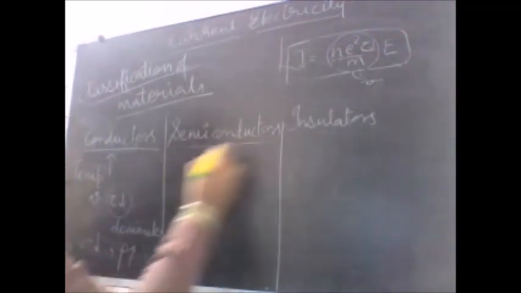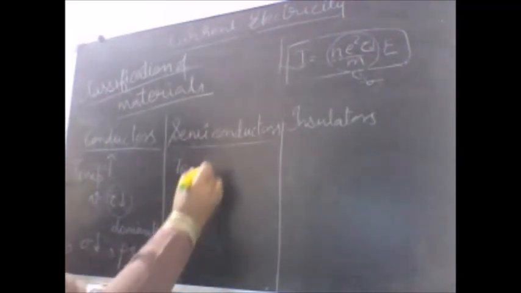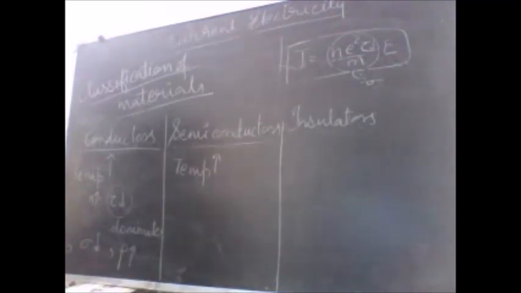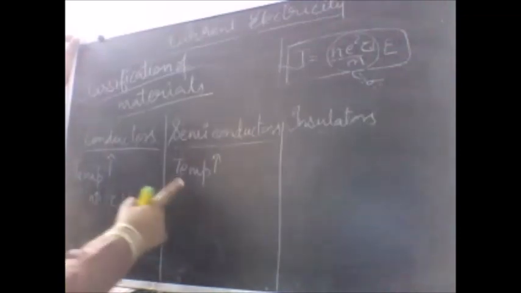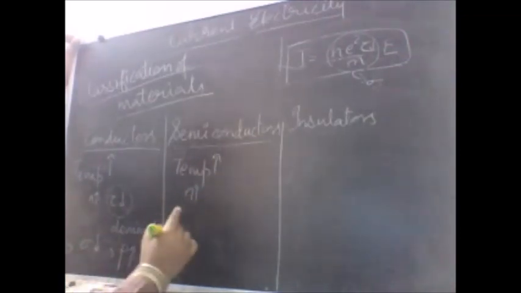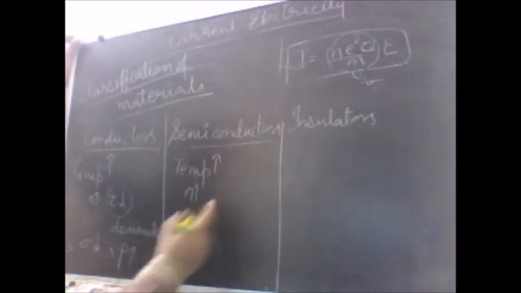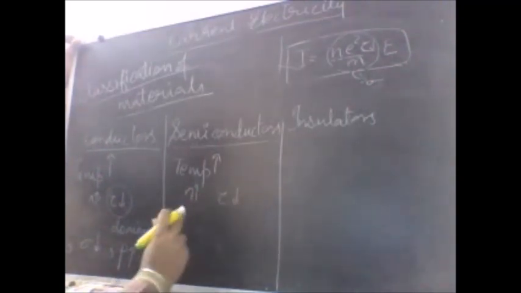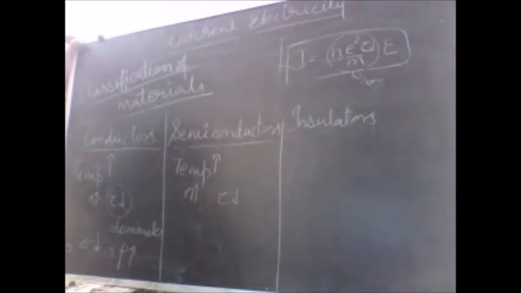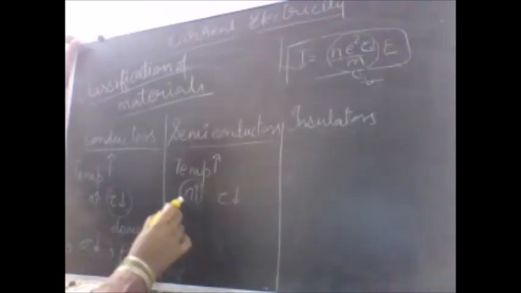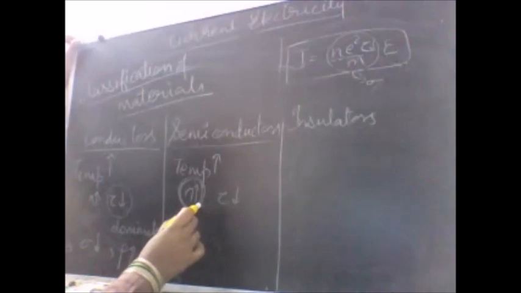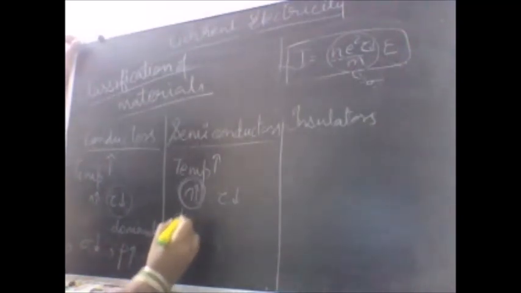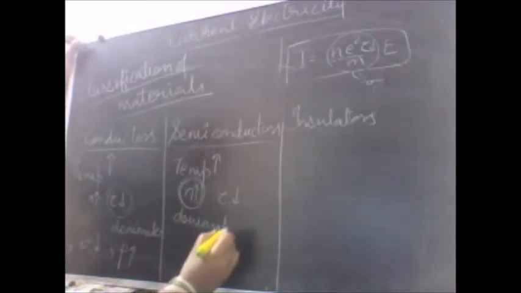Let us come to the example of a semiconductor. Here when we increase the temperature, the same thing is going to happen, because here the bound charges are more and free charges are less. So when we are increasing the temperature, of course we are increasing the number density, we are increasing the free charges, and when the number of charges increases, of course the relaxation time is going to decrease, because that will result in more collisions and less time for the charge to relax. But here the rise in n dominates.